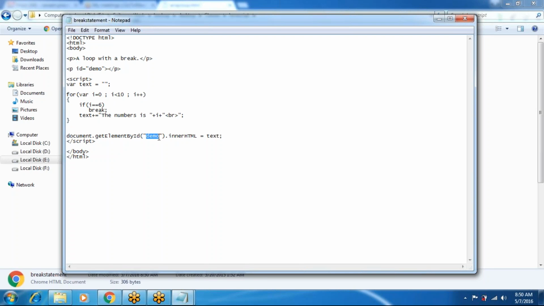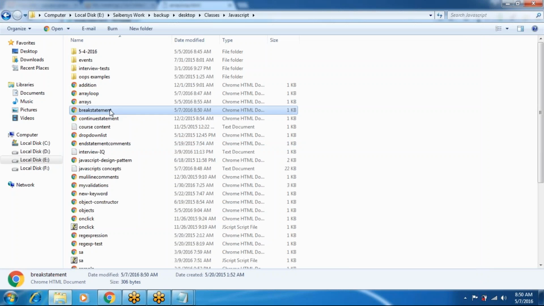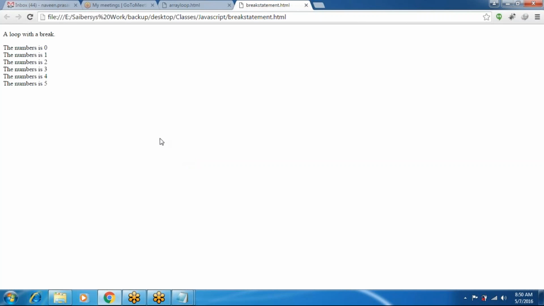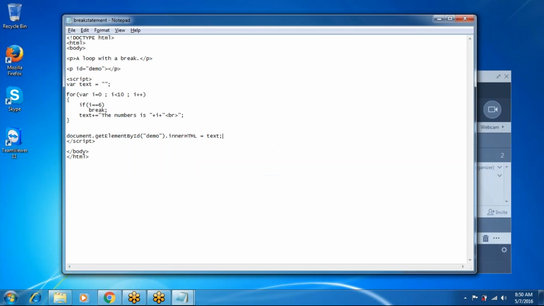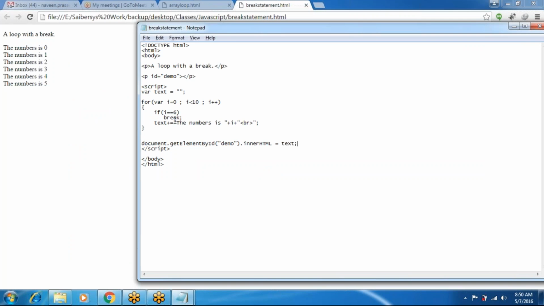So demo paragraph innerHTML equals text. Run this break statement example. The numbers are 0, 1, 2, 3, 4, 5. Up to 5 the condition is true, so it successfully displayed numbers up to 5.